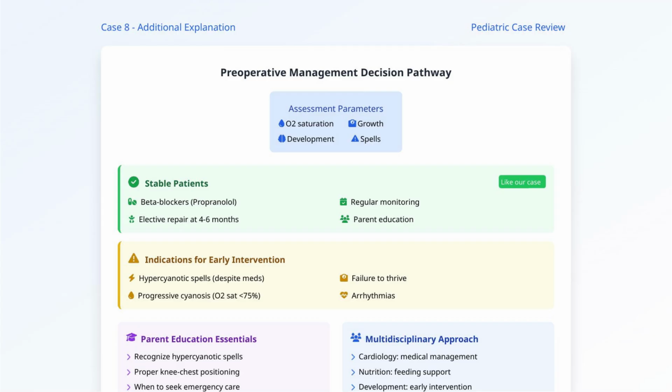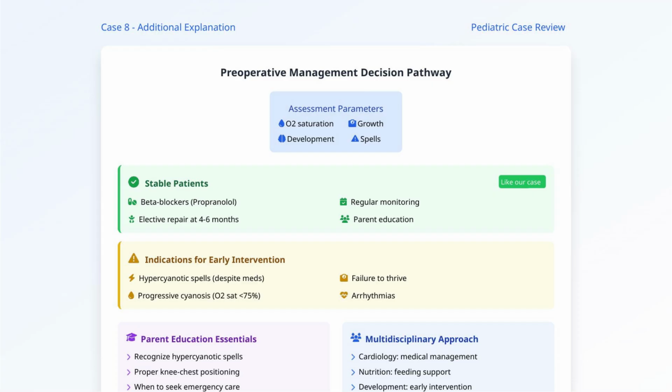Regular follow-up should occur every 1 to 2 months with weight checks, oxygen saturation monitoring, and developmental assessment. Indications for earlier intervention include hypercyanotic spells despite medication, failure to thrive, or progressive cyanosis with saturations consistently below 75 to 80%. Parent education is crucial, including recognition of hypercyanotic spells, proper knee-chest positioning technique, and clear guidelines on when